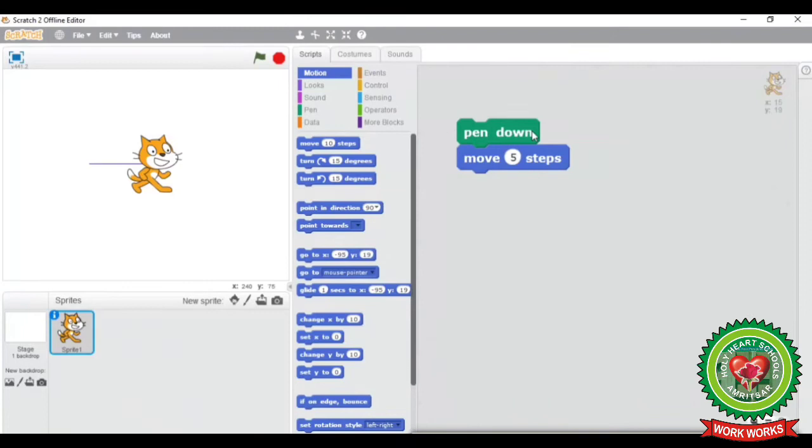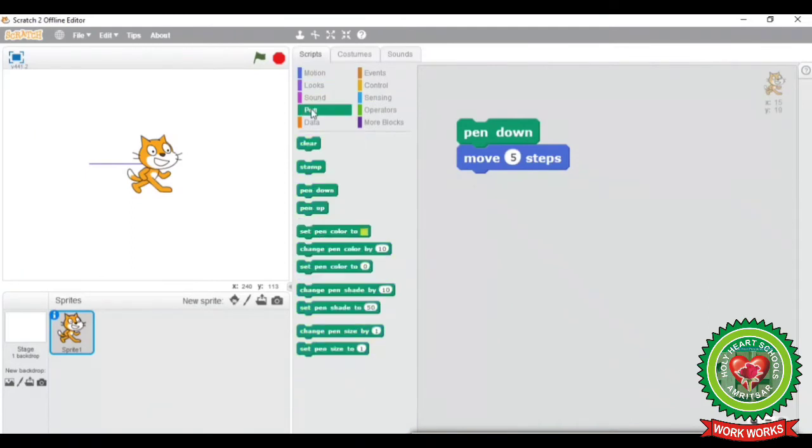Now next we are going to see the working of pen up. Again we will click on the pen block. From there I will take the pen up block. Now one thing you need to notice, from here I am going to remove this pen down block.